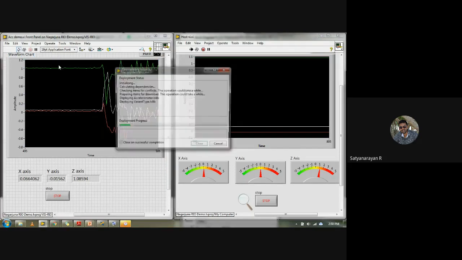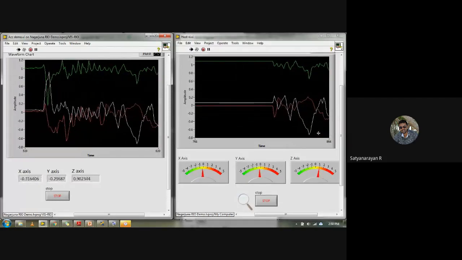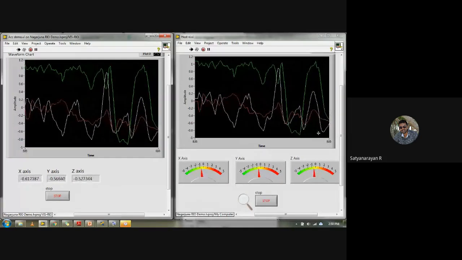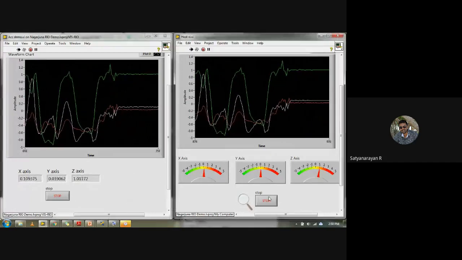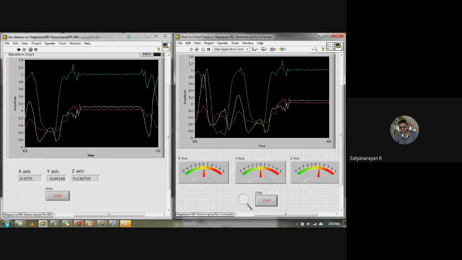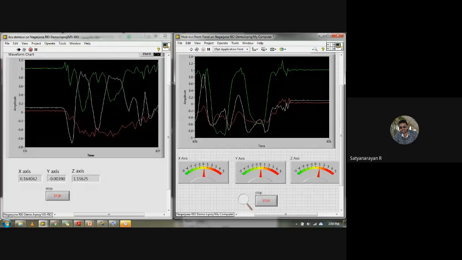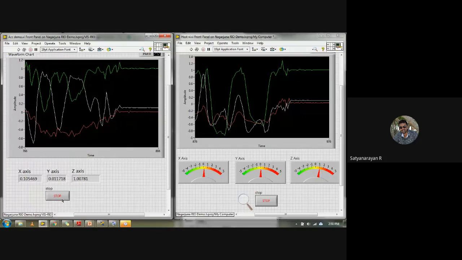If I try to run this, you can immediately view the result, with no delay. If I stop the host VI, no worries. Why? Because the accelerometer is already connected to the myRIO, so it will keep on working with no issues at all. So here you have a number of options where you can send your values, myRIO values to my computer and my computer to myRIO the same way.